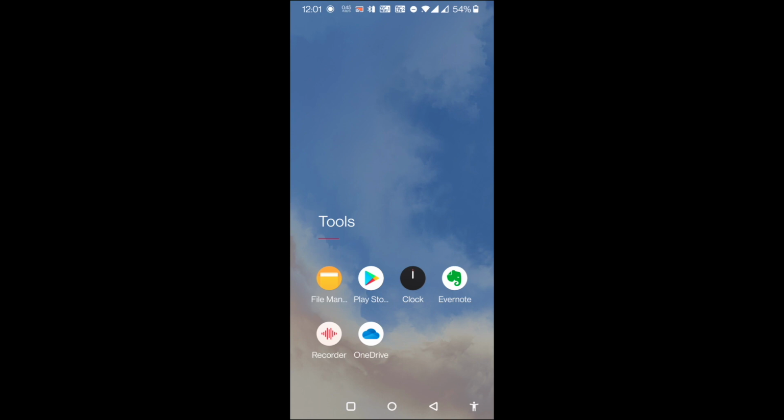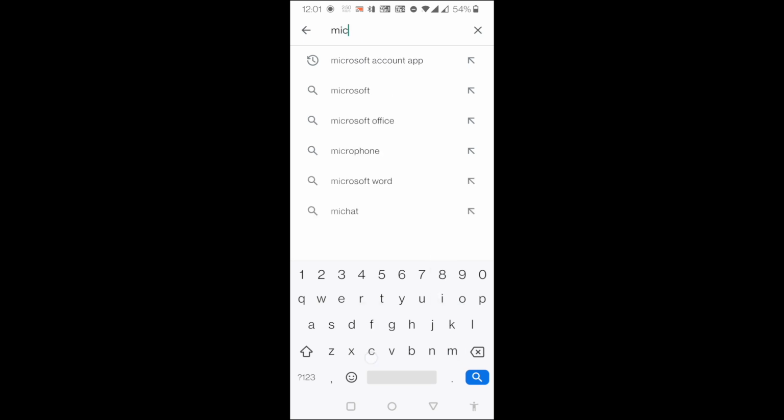Since I am going to discuss from the very beginning, I have uninstalled Microsoft Teams from my phone, and I am going to install it over again. Depending upon whether you have an Android phone or an iOS, that is your Apple operating system, the installation process is the same. So go to Play Store. There it is. I am clicking the Play Store. Then I am going to type Microsoft Teams.